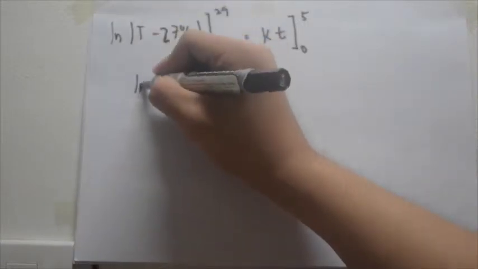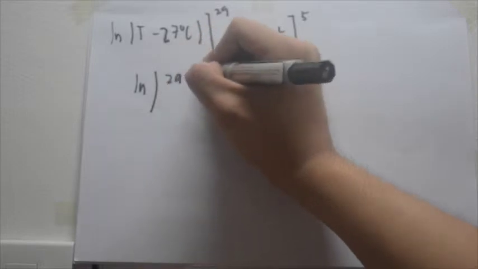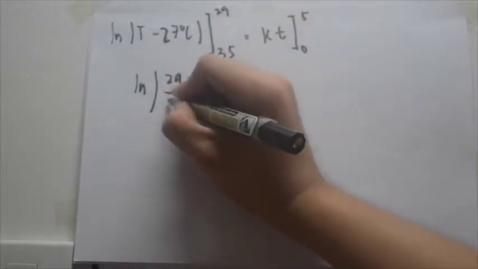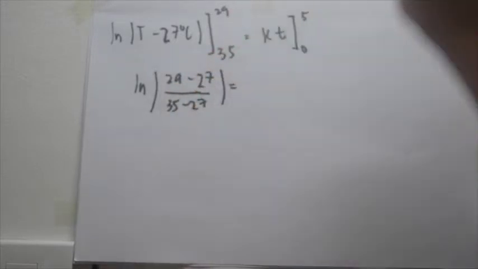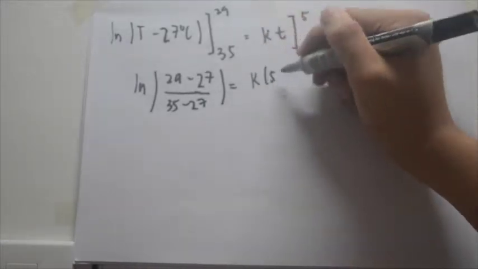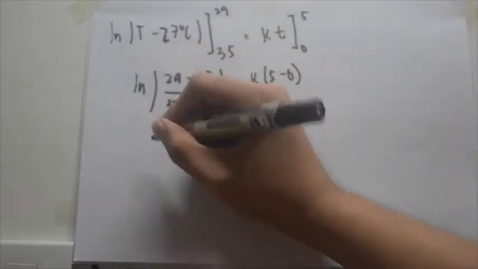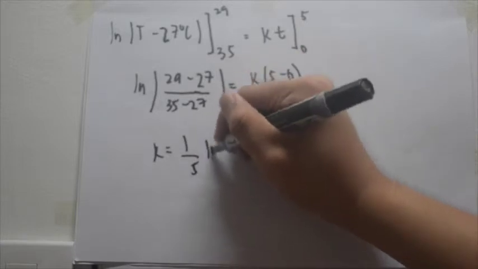Putting all the data in, it will be ln of 29 minus 27 over 35 minus 27 is equal to k times 5 minus 0, which will lead us to k is equal to 1/5 ln